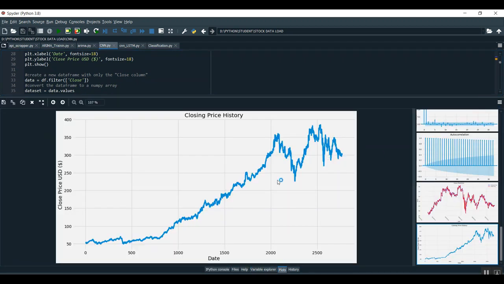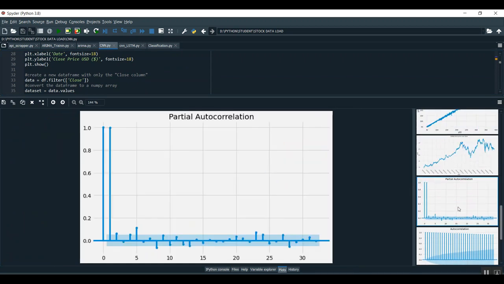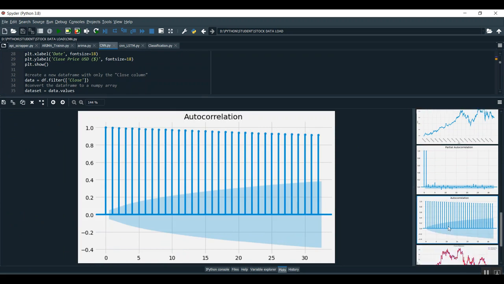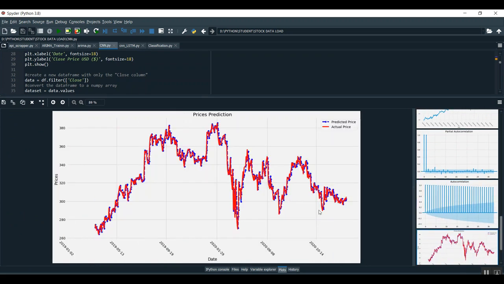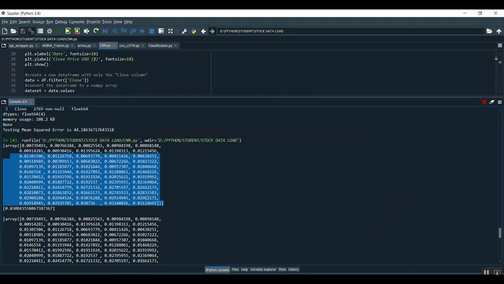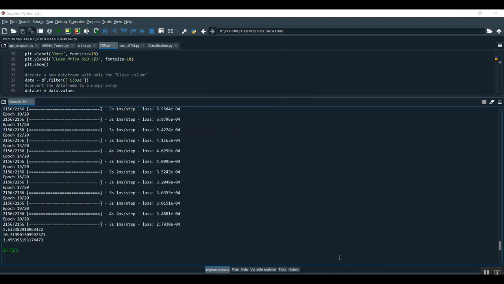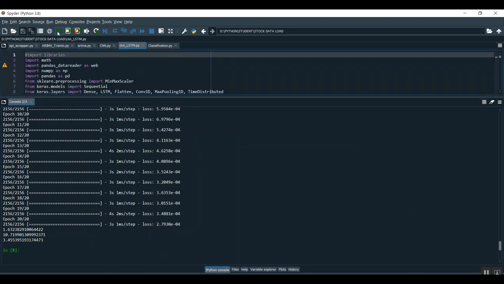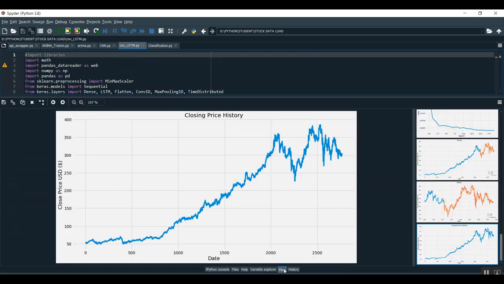You may see the predictions, what is happening. The predictions are going on, and for that prediction we are getting some plots,